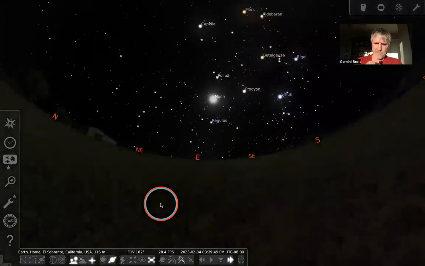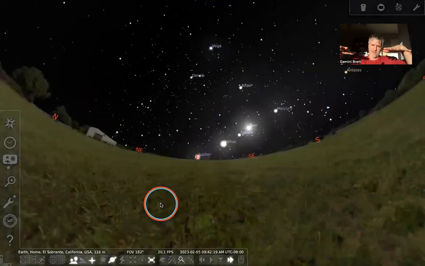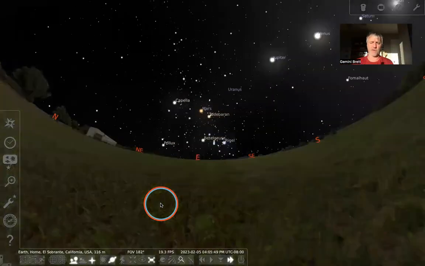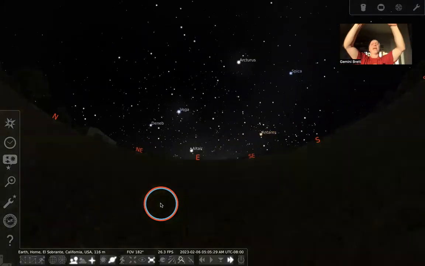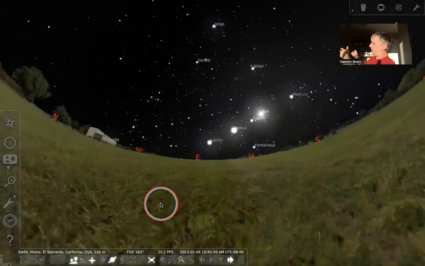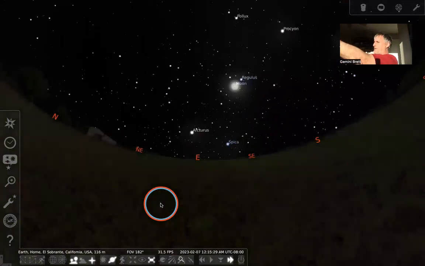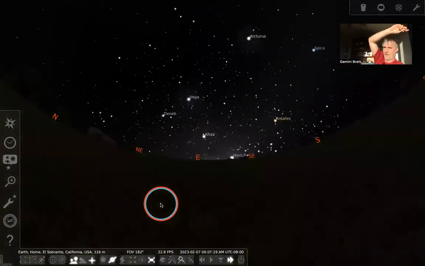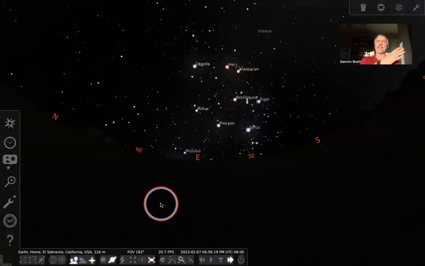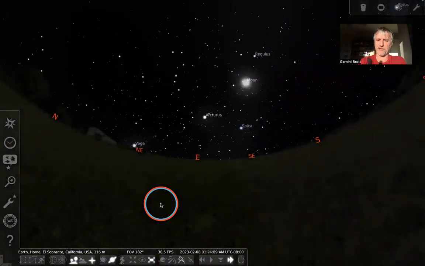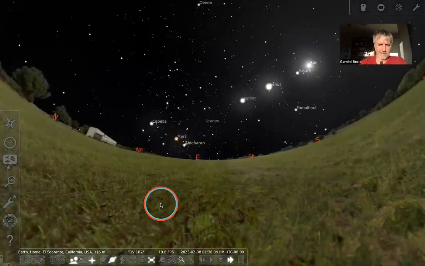Now I'm on an azimuthal mount. In other words, my feet are on the ground. Azimuth and altitude are what are called the horizontal coordinate system. Altitude up and down, azimuth around and around, like a compass heading, right? Like for me right now, that's west, that's north, east, south. The sun is in the southwest, and it's at a specific azimuth. Maybe I'll show that to you before we end here as we start to look at some of the